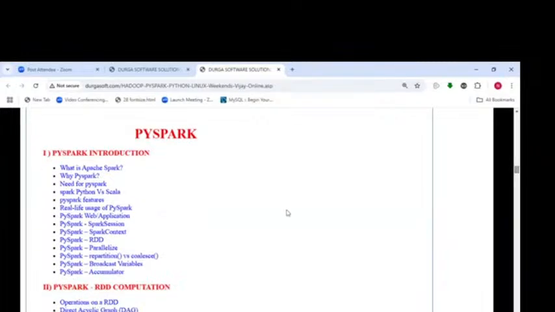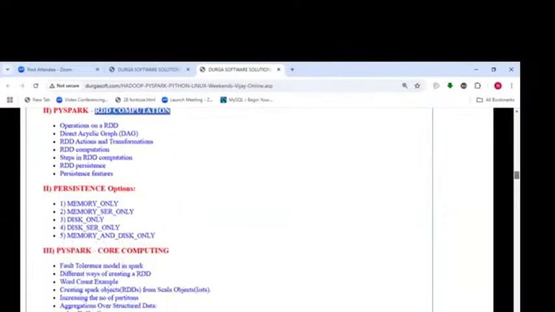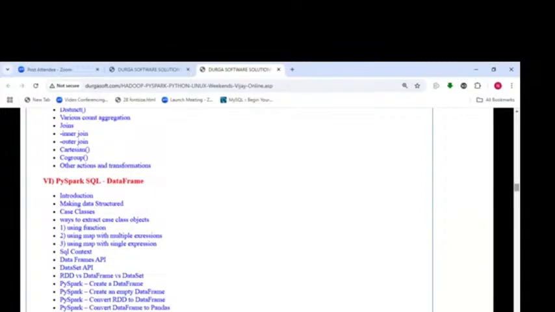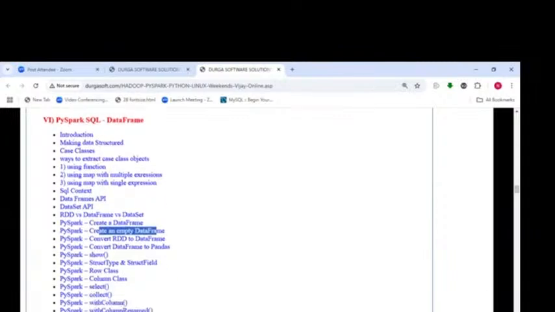PySpark introduction, why PySpark, need for PySpark, PySpark session, PySpark context, and PySpark RDD computations, operations on RDD, persistence options, PySpark core computations, groupings and aggregations, single grouping, multi-grouping, single aggregations, multiple aggregations, various actions and transformations, count by key, count by value, sort by key, union, distinct, various count aggregations, PySpark SQL, DataFrame API, how to create a DataFrame